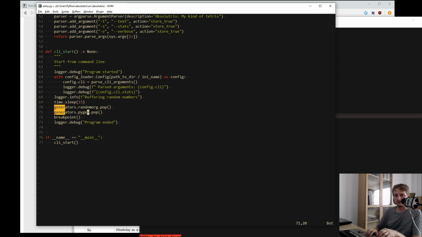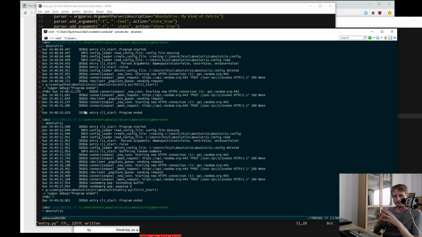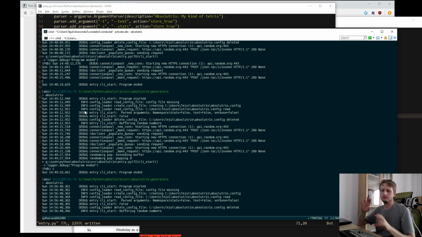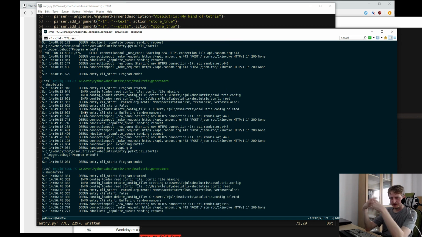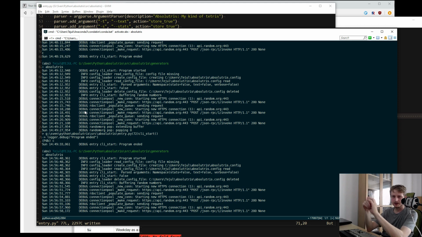the Python generator, which would be pygen.pop. My idea is that this Tetris is highly configurable, and you could pretty much configure any random source you want. So if you want, you can use random.org with true randomness.